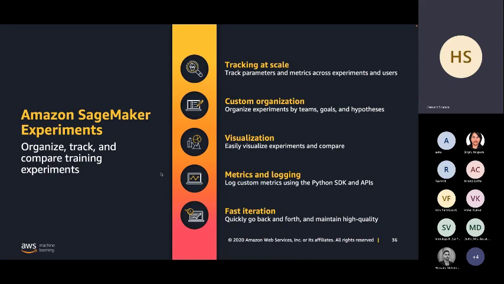And for each model which got generated out of this experiment, you can basically see what matrices were generated out of that model, and you can compare visually in the same SageMaker Studio all those different experiments. So you can basically track all 1,000 experiments you ran to come up with the best model inside the SageMaker Studio. If you don't want to use the hyperparameter tuner, so that's another object which is available